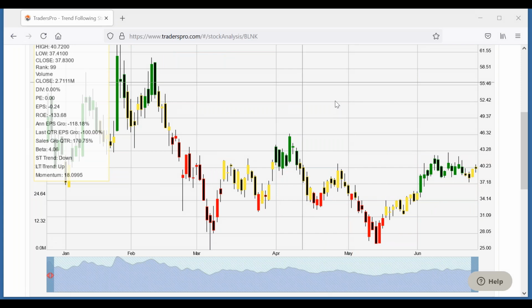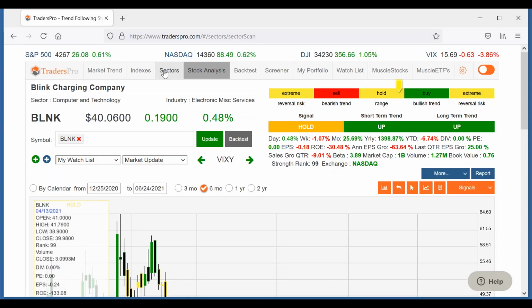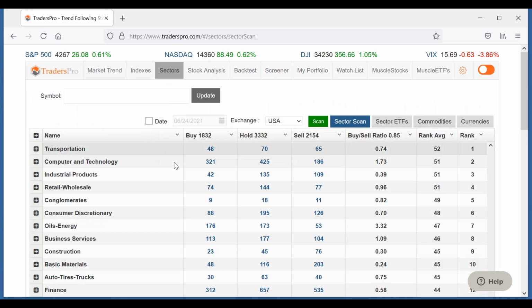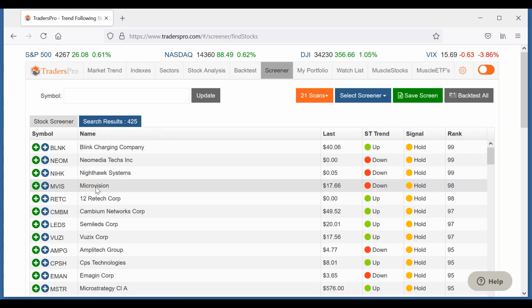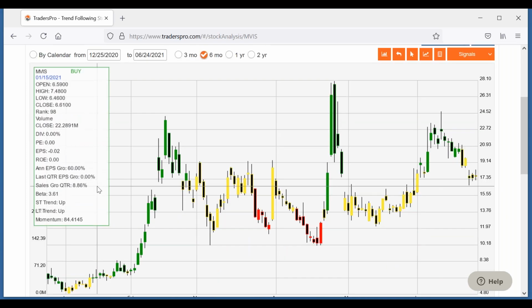So that one looks pretty good. I also like this MVIS Microvision 98 strength rank. Now this has been one of those stocks that's been attached to the meme stocks or the Reddit traders. I might do a little trading